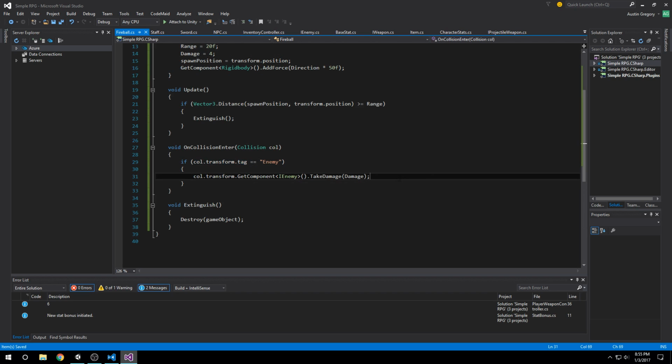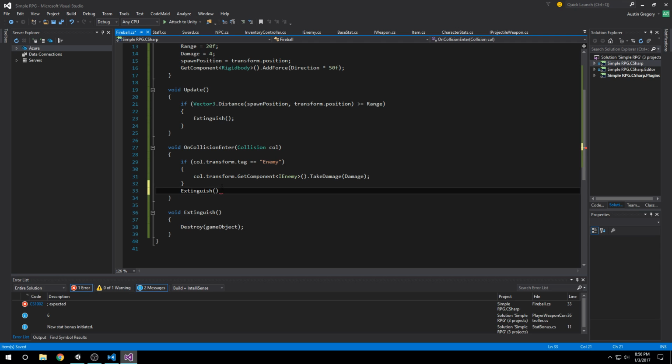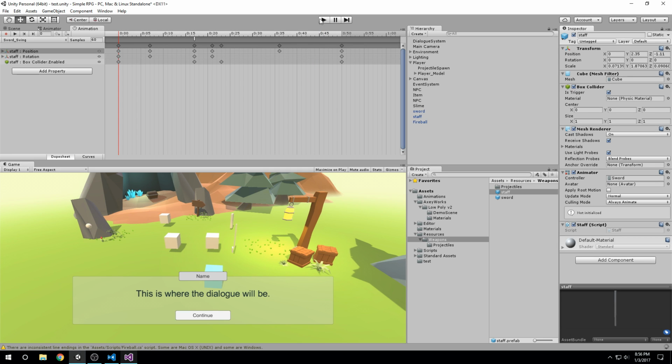And then it should also destroy itself. But also if it hits nothing, or if it hits something that's not an enemy, then it needs to destroy itself. And if it hits an enemy, it needs to destroy itself. So I'm just going to call Extinguish right there. That means if it hits something that is an enemy, it will still extinguish itself. If it hits something that is not an enemy, it'll still extinguish itself. Pretty cool. So to test that out,